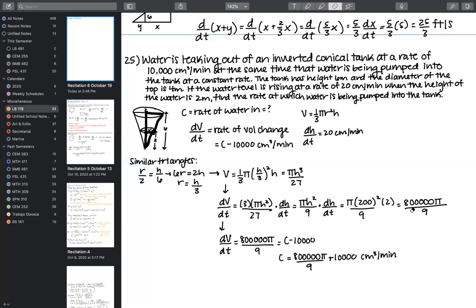Again, that's correct, oh, that should be 20. That makes a lot more sense. This should be 20. No wonder I was confused, and you too. So this should be 20 because it's at 20 centimeters. And then we converted the 2 meters into centimeters. So this came from 2 meters, but then we converted it into centimeters. And then this 20 comes from the 20 centimeters per minute. Okay.